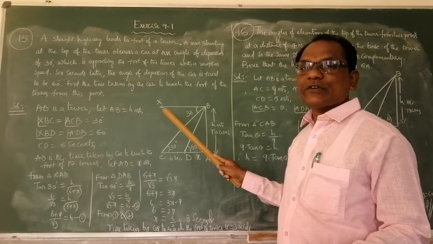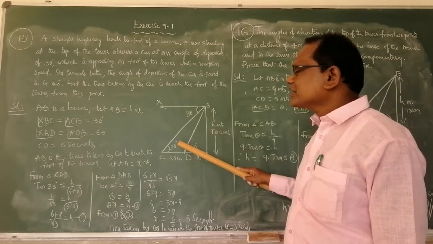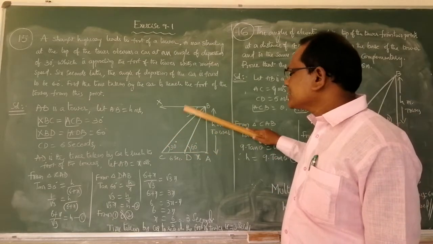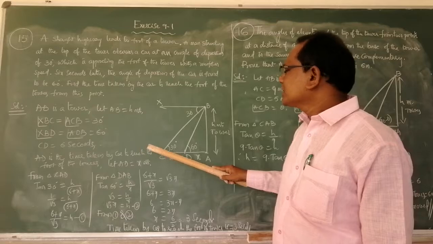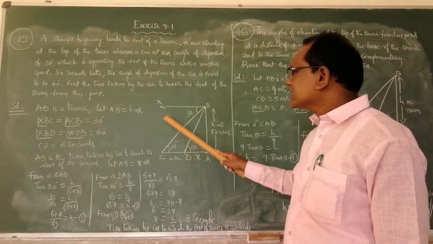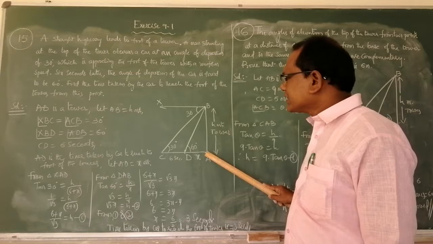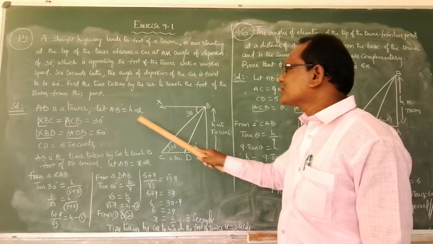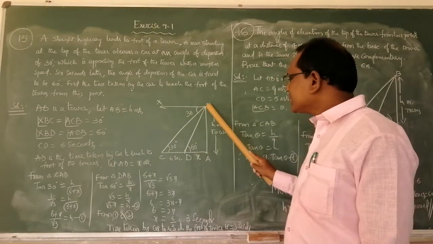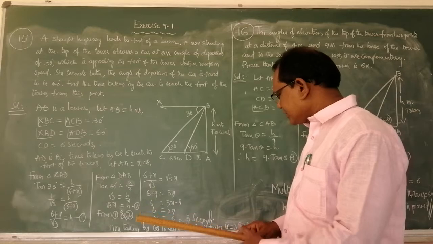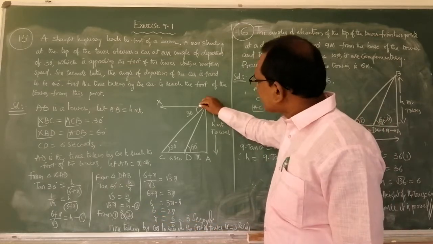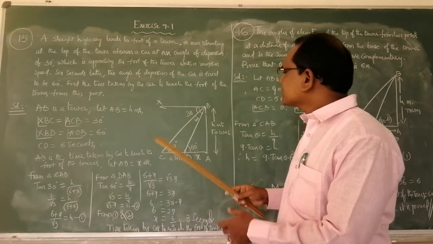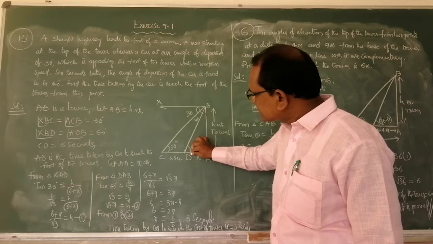When we have the angle of depression, alternate angles are equal, then these two lines are parallel and this is the transversal. That's why XB is parallel to CA, with the transversal. Therefore, angle XBC equals angle ACB, these two being alternate interior angles. One more, angle XBD equals here 60 degrees. This is also to be written down, that is the complete angle equal to 60 degrees.